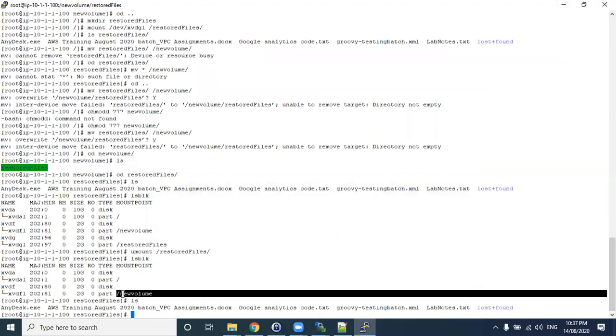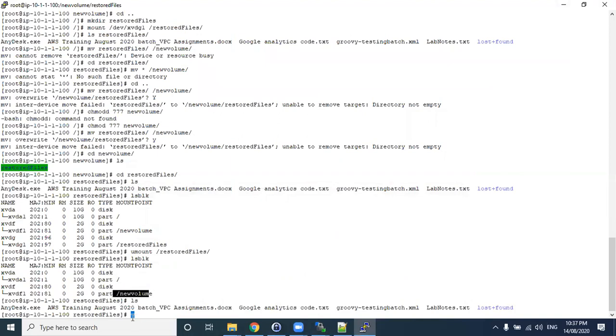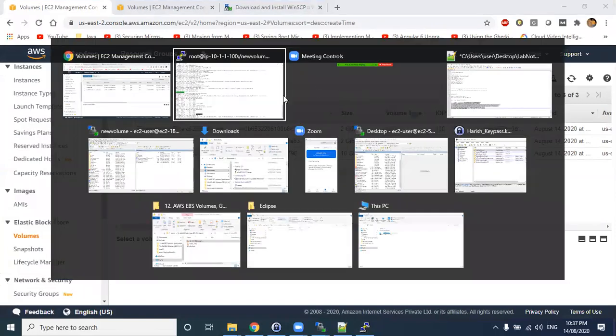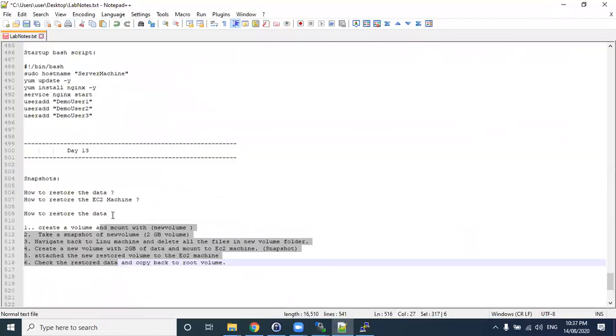After attaching, we mounted it on a temporary restore file folder. Then we moved this restore file folder from the new partition to our actual partition. Then we unmounted the file system and deleted the volume. This is how you take a backup of your data.